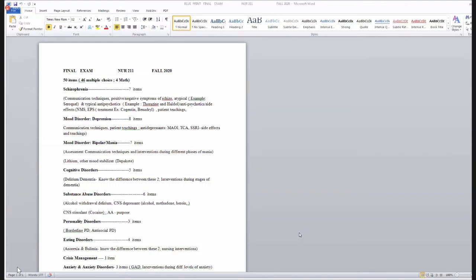Eating disorder, 4 items only. So anorexia and bulimia, what are the symptoms of anorexia? What do you see? Professor Dorovitz did a very good presentation of anorexia nervosa. Which one is severely malnourished and which one has normal weight? What symptoms do you see in patients with anorexia? But they have one common nursing diagnosis, which is what? Anybody tell me? It starts with